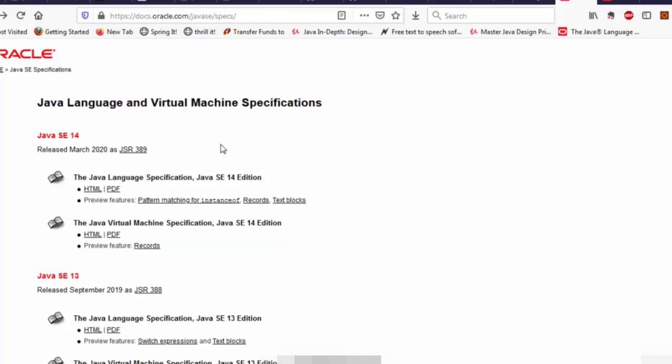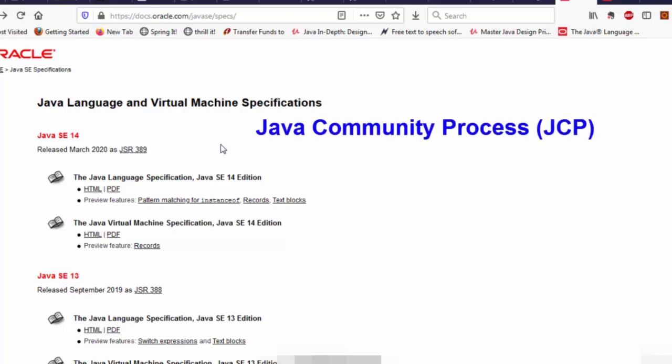This process of developing a JSR through different stages is called the Java Community Process, or JCP in short. That is just for your information. You need to know what a JCP is. It's a formal mechanism, a formal process, to develop Java specifications. That way the language is continuously being evolved. Later on, once you're done with the course, you can read about it. It's not that important to know about at this point of time, but you need to at least know what a JCP is and what a JSR is.